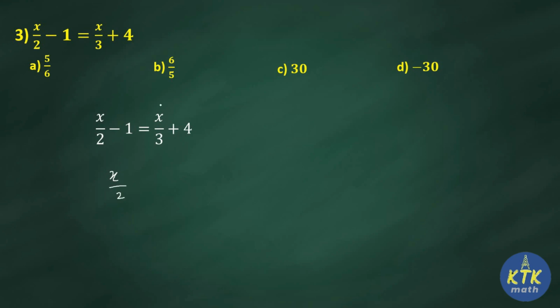This x by 3 completely bring to the left side. So it will be minus x by 3. On the right side you already have the 1, don't disturb that one. This minus 1 moves to here, so it will be plus 1. I hope you understand the first step. I am rearranging like terms, that is variable terms on one side and constant terms on the other side. Okay, now we are going to solve the fractions.